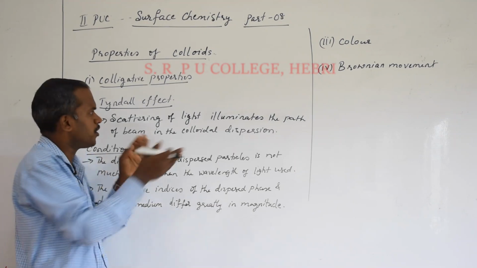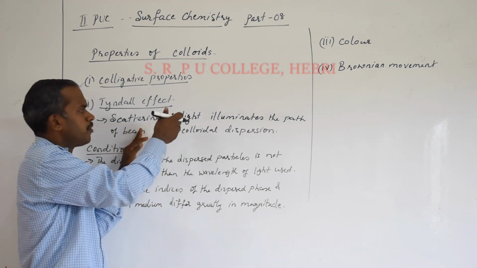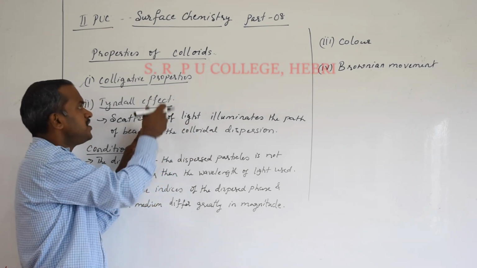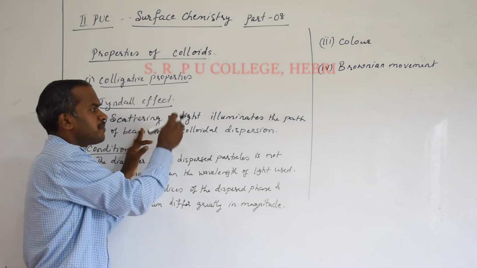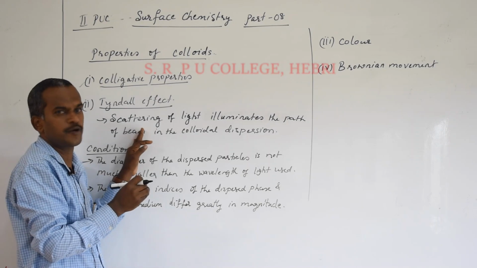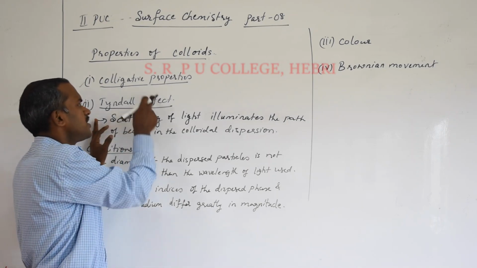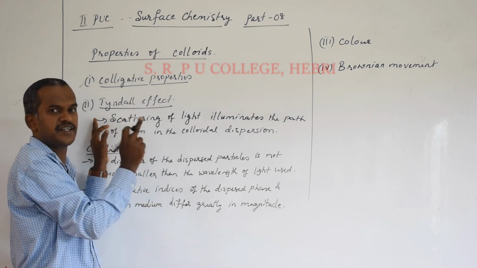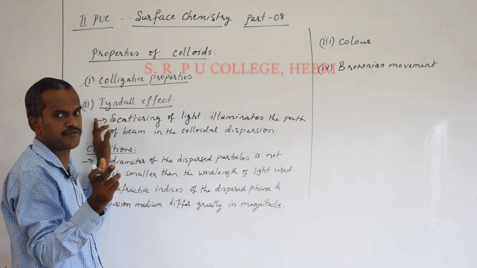So you can observe, when you study with the microscope, the formation of a Tyndall cone, which is due to the particles present in the colloidal system. So try to understand, the Tyndall effect is observed only in the case of colloids because of the intermediate size of the particles, especially of the dispersed phase.